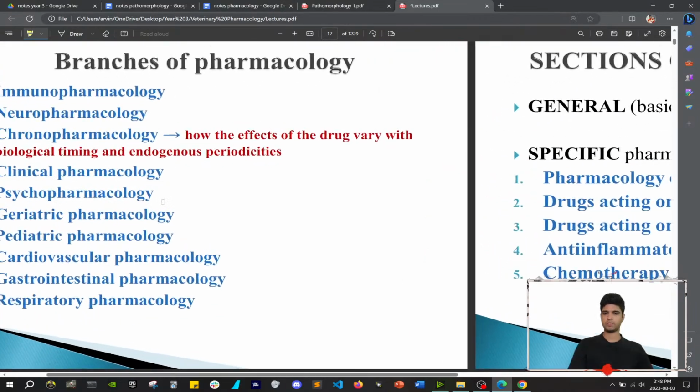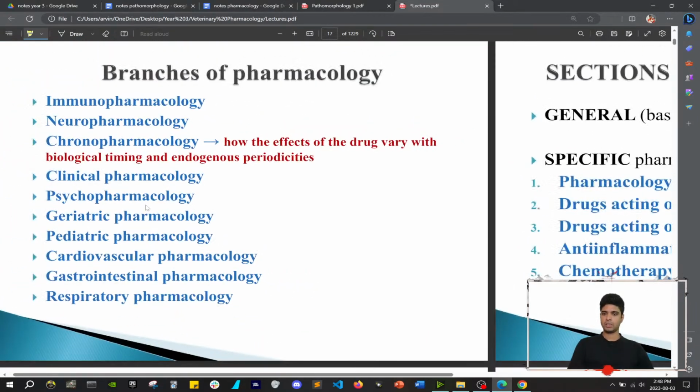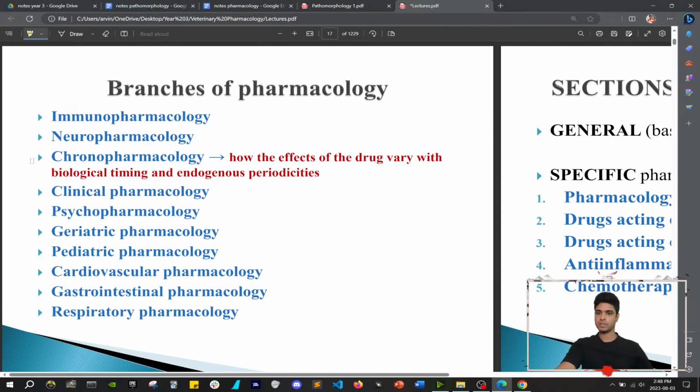And then there are branches of pharmacology, depending on the organ and system, I guess. Immunopharmacology, neuro, chrono. What is chrono? Time: how the effects of drugs vary with biological timing and endogenous periodicities, like a biological clock. Clinical pharmacology, psychopharmacology, maybe brain,